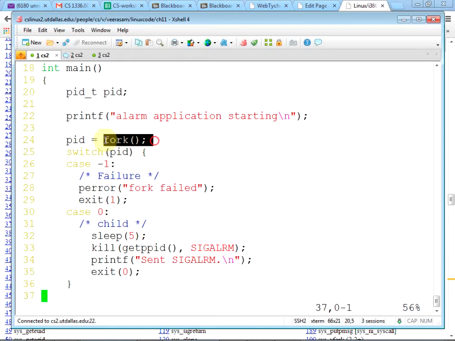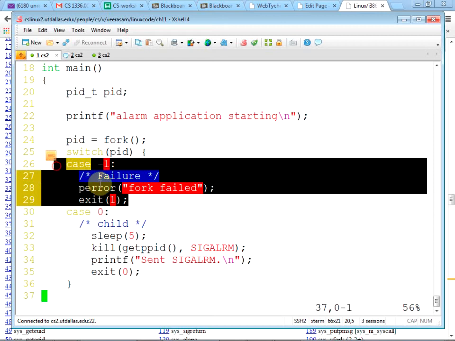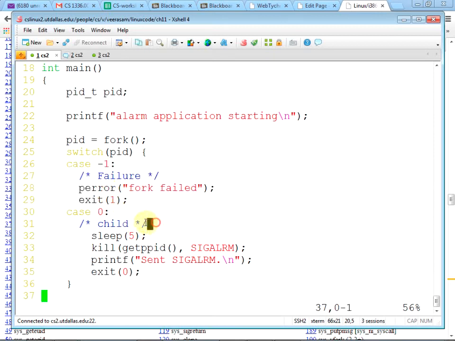So we are doing fork. 0 means child, -1 doesn't happen generally. So the child sleeps for 5 seconds, then sends a signal to the parent. getpid is the process ID, getppid gets the parent's PID. So get the parent's PID and send a SIGALRM.